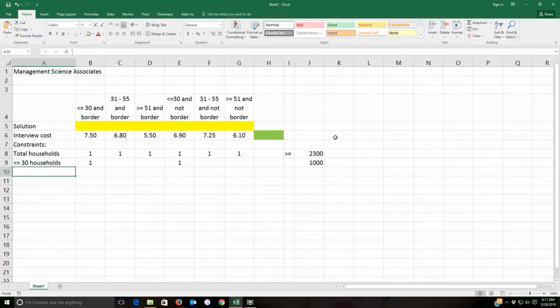Then survey at least 600 people who are between 31 and 51 years of age. So we have 31 to 51 households. So we'll go over, and every time we survey a household where the residents are between 31 and 51, we will count them, and that's 600. The next criteria,